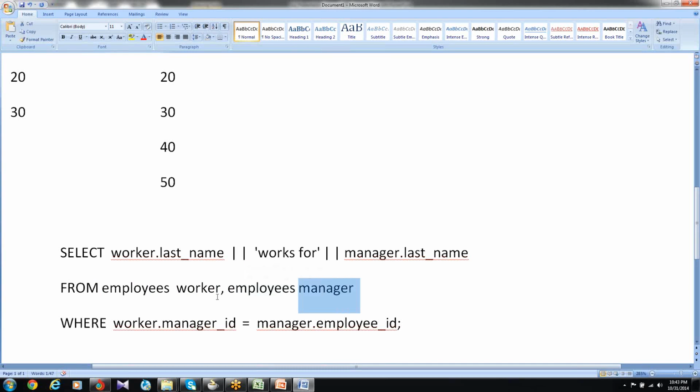So what I am trying to do is, I am putting a join condition. First I am trying to fetch the employees alias name worker. Worker dot last name works for manager dot last name, where worker dot manager ID equals manager dot employee ID, because each manager is an employee, right? So the manager ID join condition I have to make with employee ID. So this is how it works. If I try to execute this query,